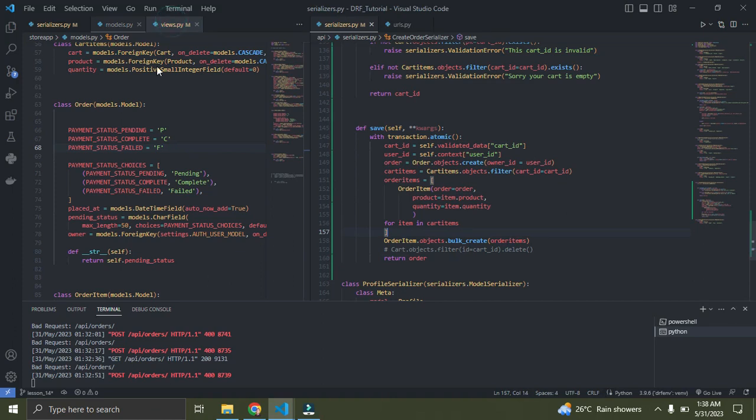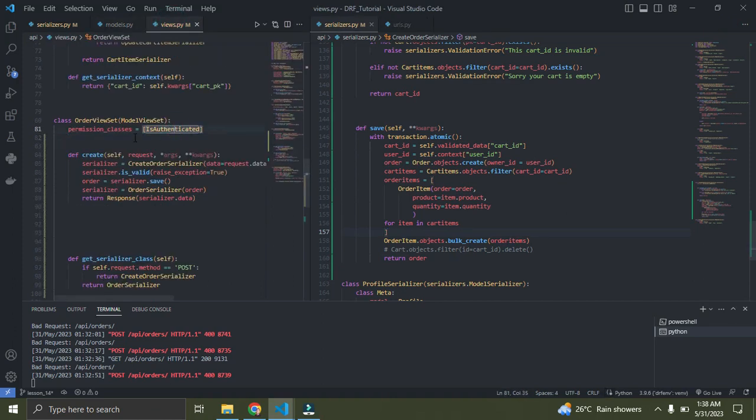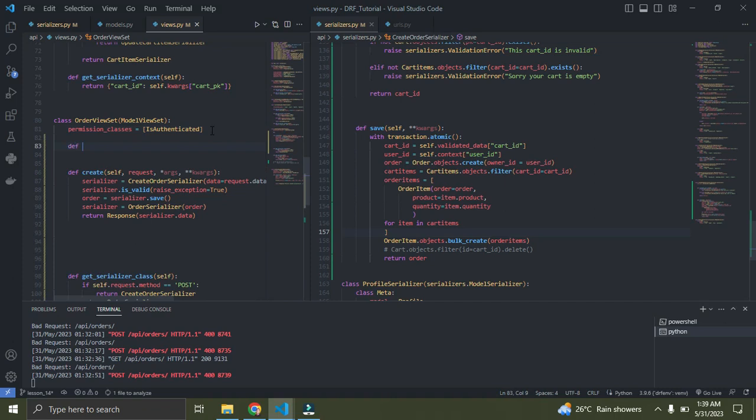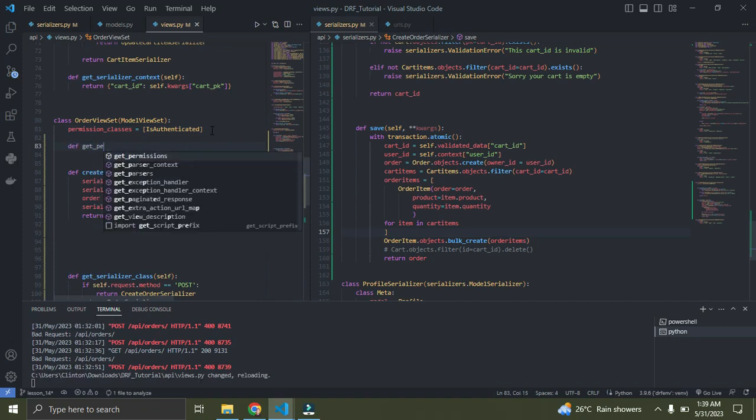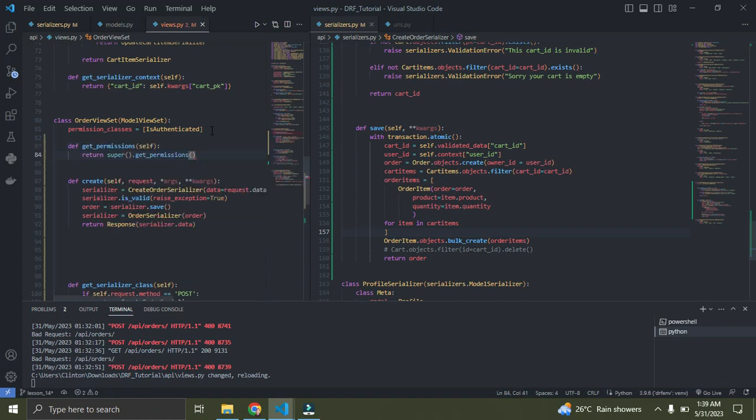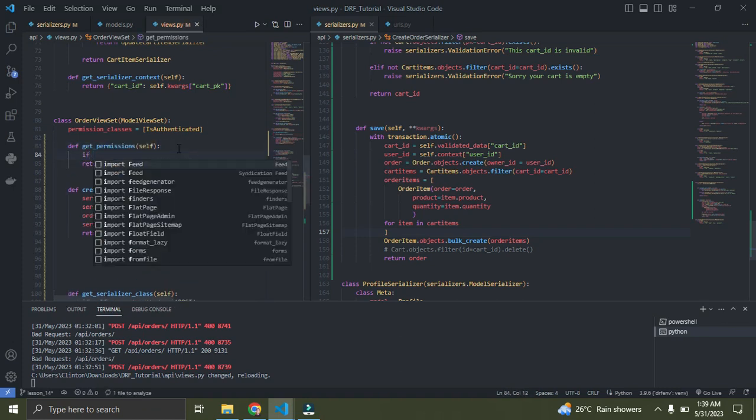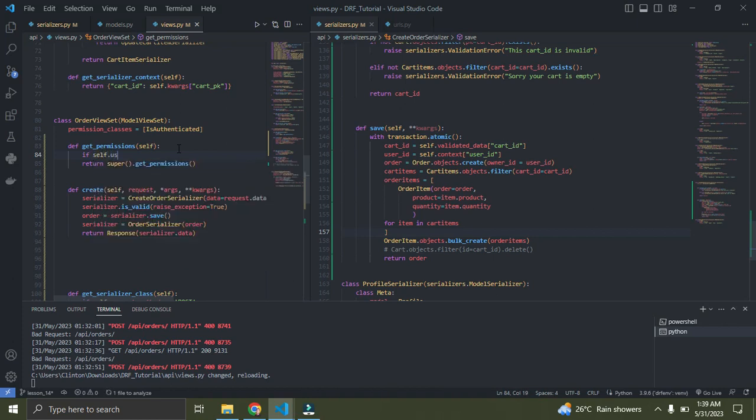So go down to your views now. We're going to remove these permission classes we have here, and we're going to simply customize our permissions. Let's do that right away. So I'll say def get permissions rather. So right now, let me just say if self.user is staff. So if this user is an admin, so now,